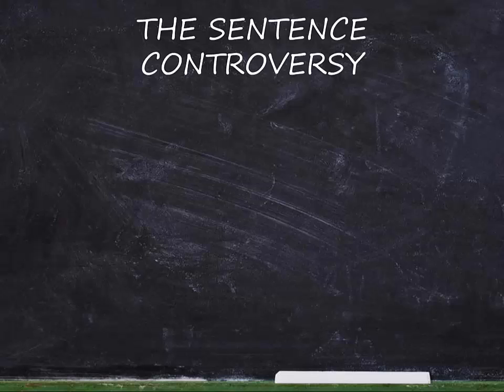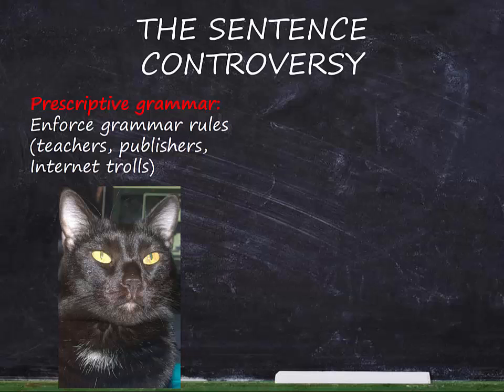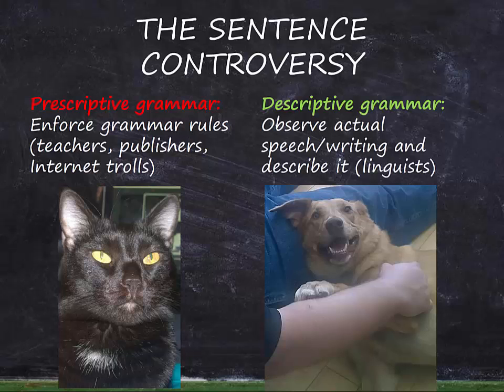This might sound weird, but there's some controversy on just what a sentence is exactly. The main disagreement is between the two big political parties in the grammar world, the prescriptive group and the descriptive group. If you believe in enforcing a strict set of grammar rules that never change, then you're in favor of prescriptive grammar. If you believe instead that grammar should describe the many different ways that people use language, then you favor descriptive grammar.